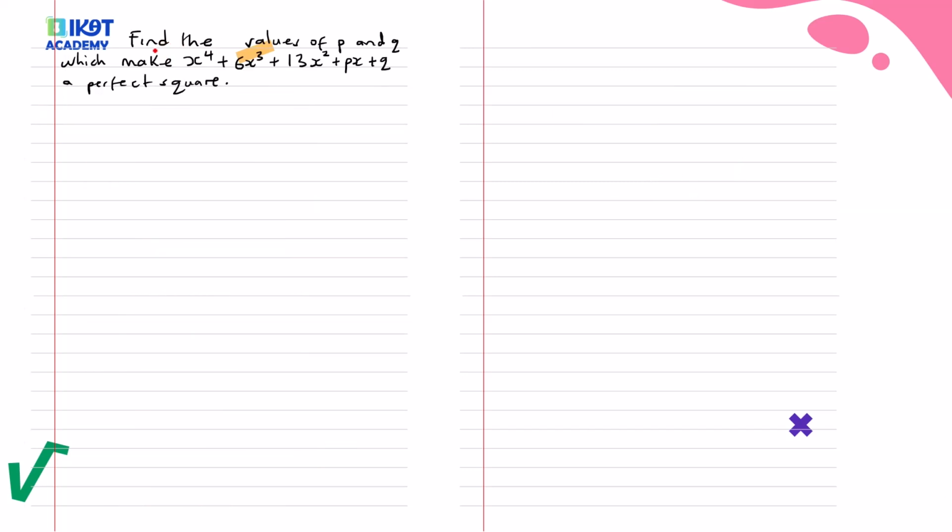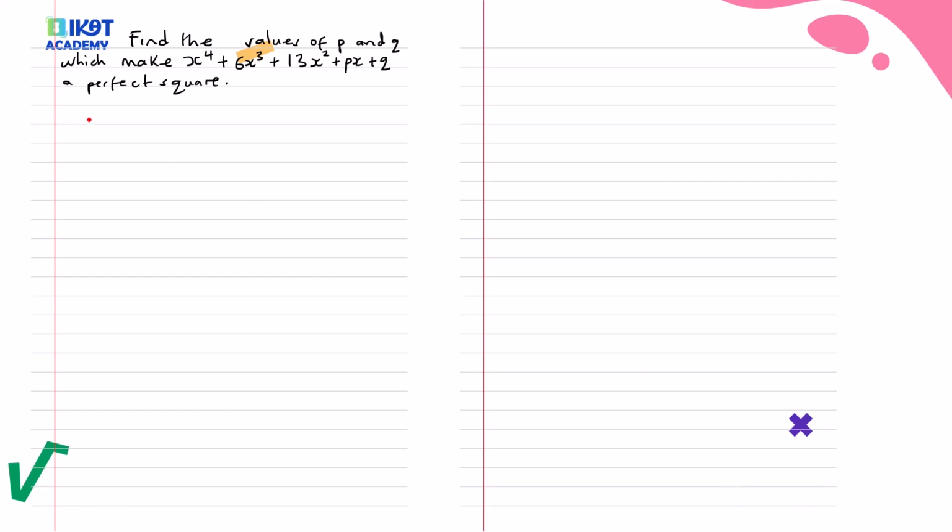Now let's look at this briefly. Find the values of p and q which make x to the power 4 plus 6x cubed plus 13x squared plus px plus q a perfect square. So now,